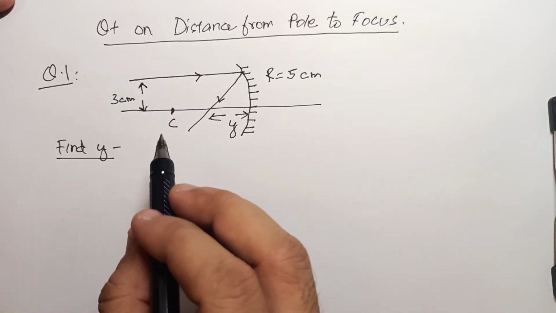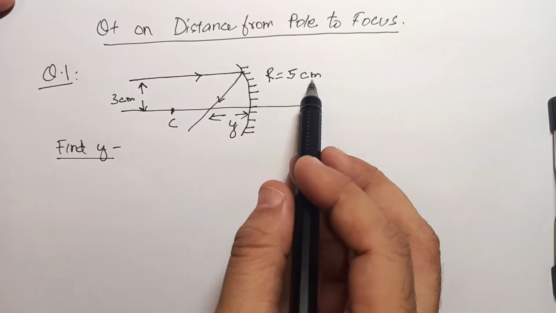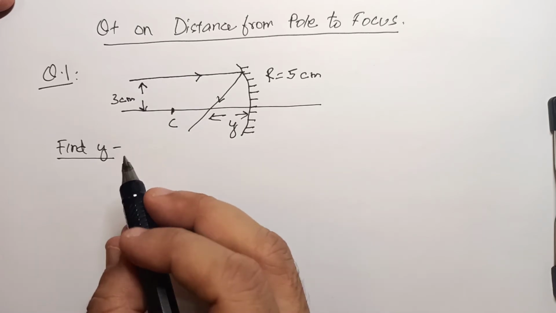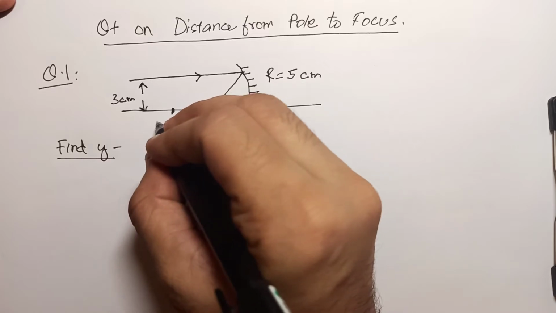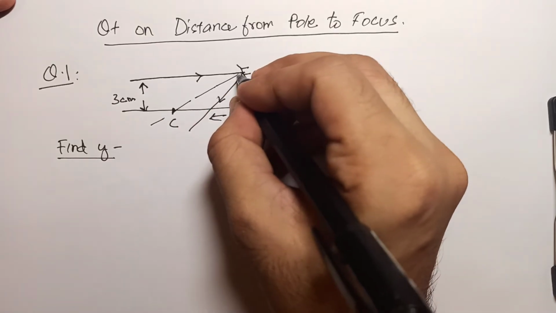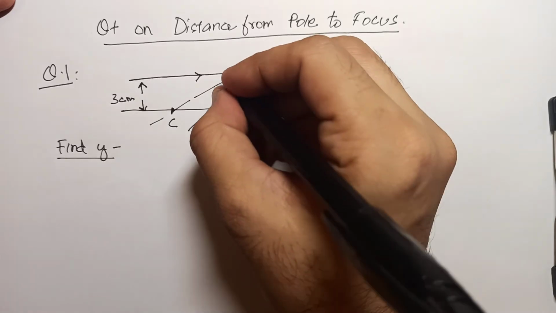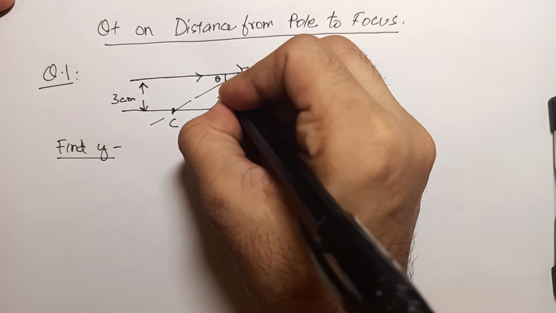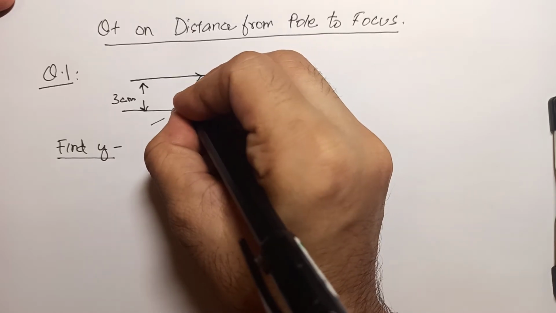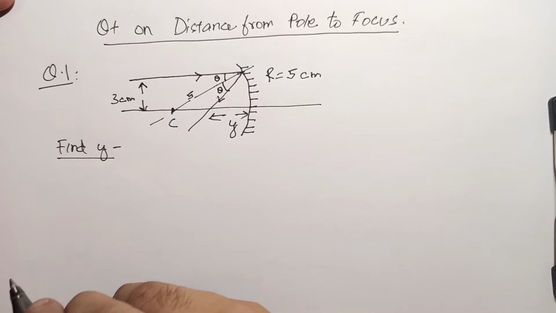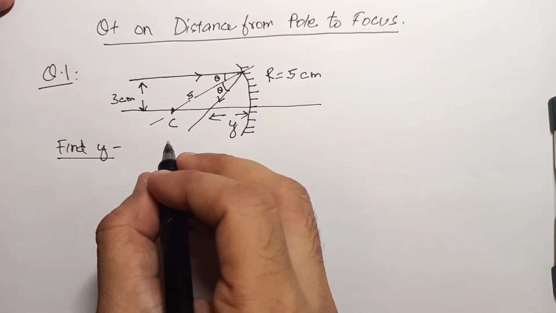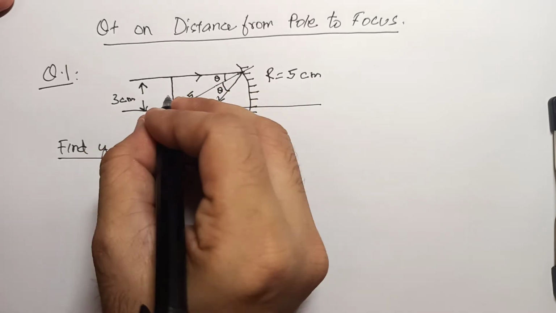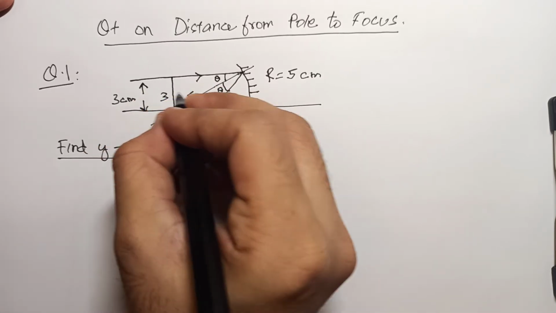So let me reiterate the question again. This is a sphere with radius 5 centimeter. This is 3 centimeter. We have to find y. This is center of curvature. So the first thing here is, let's connect this up. Now, if this angle is theta, this is also theta, correct? And this is 5 because this is the radius. Okay. Now, if we draw a perpendicular here, this is 3 centimeter we know. So we know 3, this is 5,